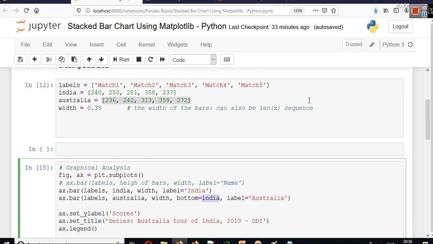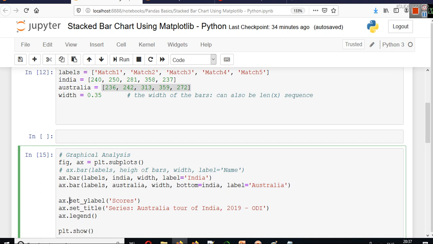This can be data about anything, so you have to watch for similar types of data, and because you are practicing this, you can now understand it. Whenever data like this comes, you can perform some exploratory analysis and get some insights from the data by using a stacked bar chart. And the final argument here is label, which we are putting as Australia here.